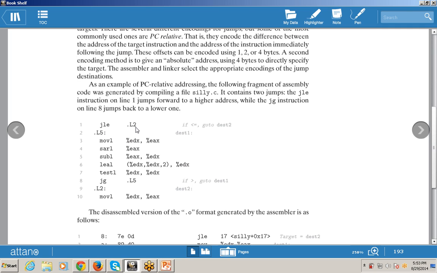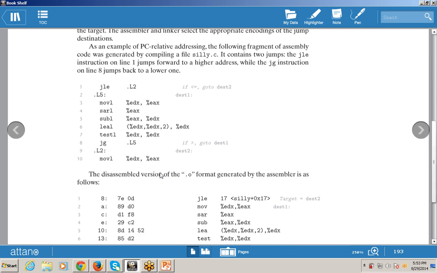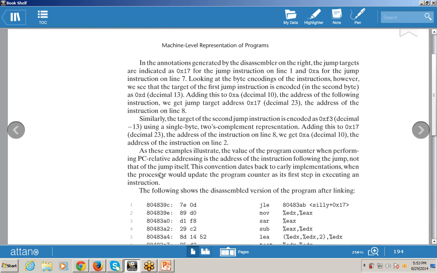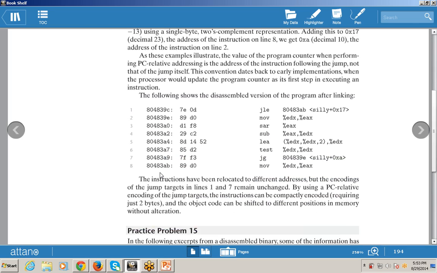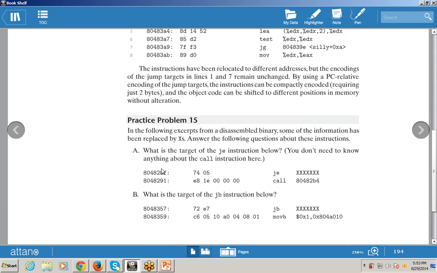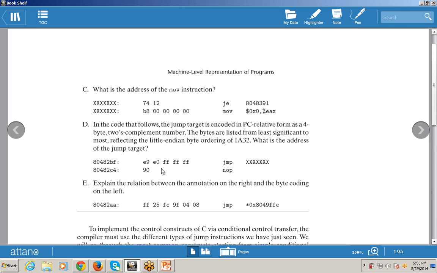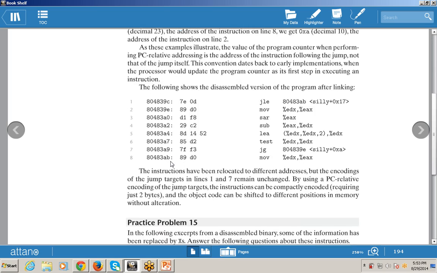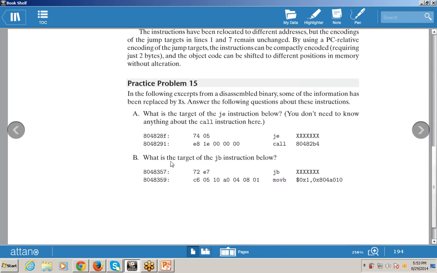First of all, JLE L2, go to destination 2, L5, that is destination 1, movl, sarl 1, subtract 1, JLE, test 1. These are the multiple questions which we have to attempt. These are the multiple objective based questions.